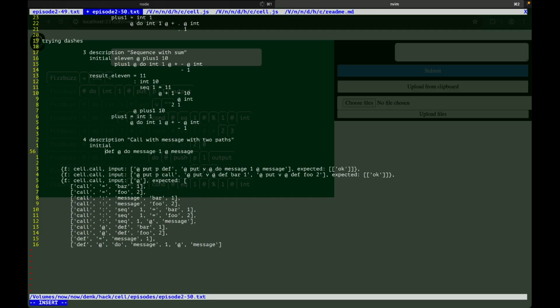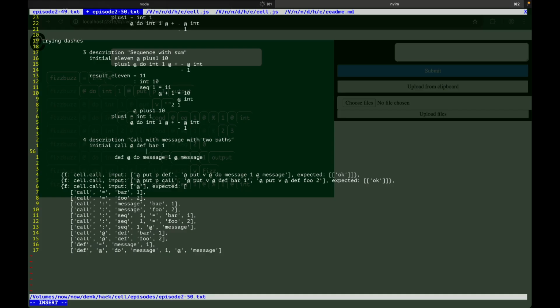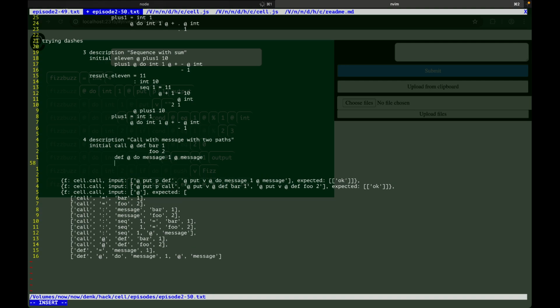This goes second. Call it would be def bar 1 full 2. Yeah, and the definition basically returns its message. Nice. Response with its message, and the result would be